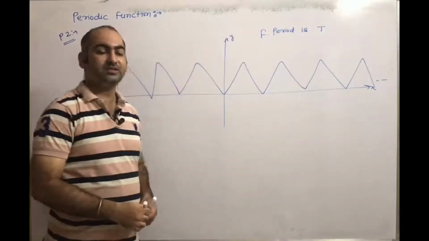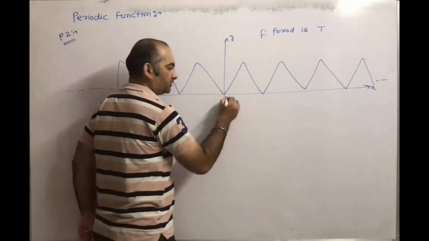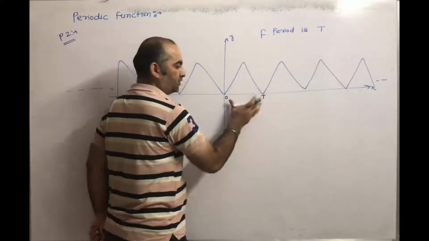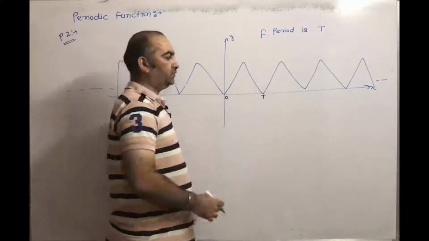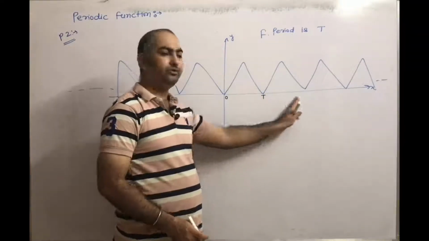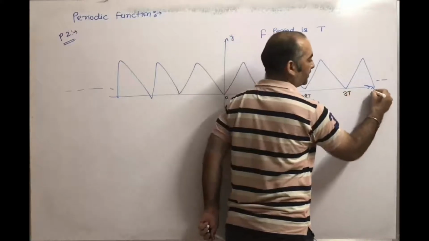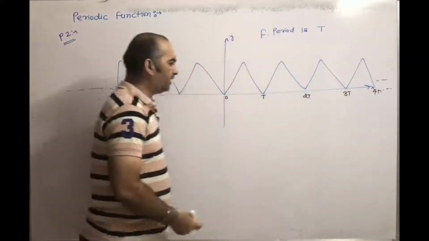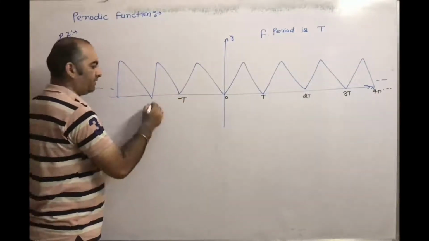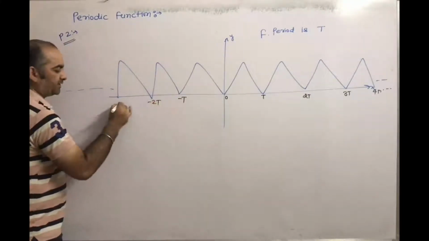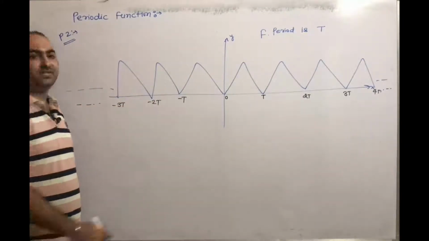If the fundamental period is T, that means the interval 0 to T, this length, where this is the origin and this is T. That means this interval will repeat again and again. So here is 0 to T, then T to 2T it will repeat, then this is 3T, then this is 4T, and so on. Similarly, T is the distance. If you go to the left hand side, this point is minus T, then minus 2T, then minus 3T, and so on. It will be continued.